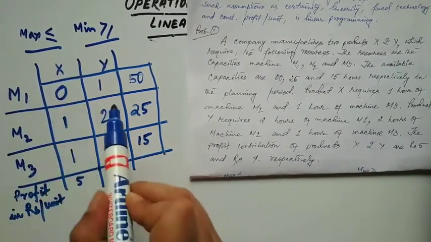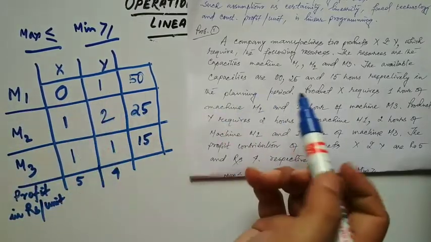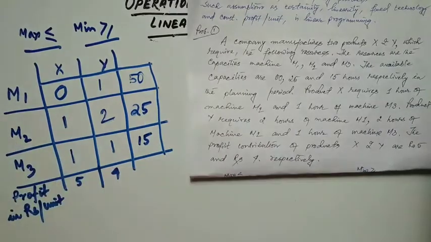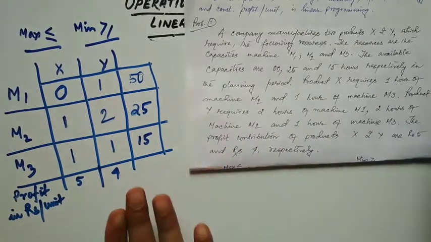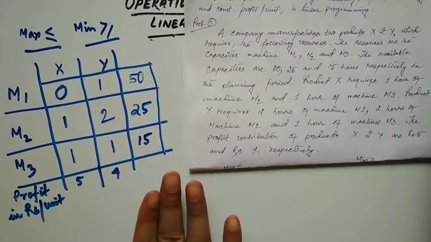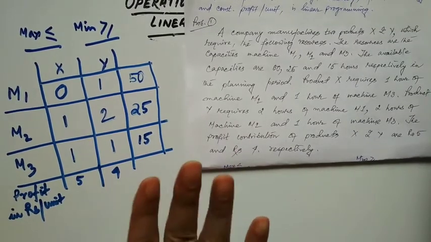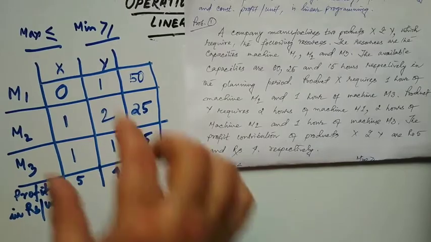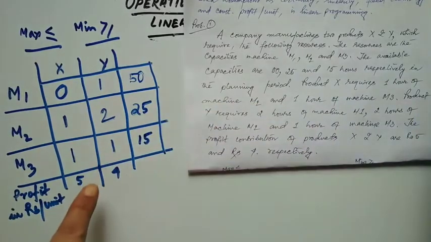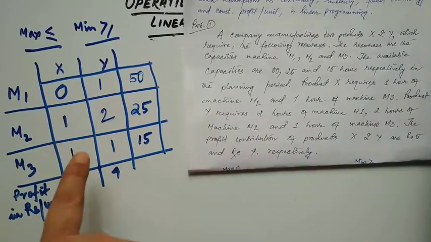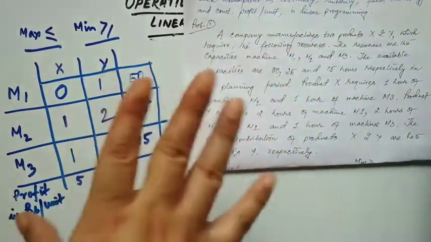If you are able to make this particular decision matrix for solving the LPP, then you are 80% complete. Now you just have to write the objective function, subject to constraints, that is the constraint functions, and the non-negative functions. That is the last step of the formulation of LPP. So this is the main thing. You have to chalk it out from this particular problem. If you are able to do this matrix, then you are ready to formulate the LPP.